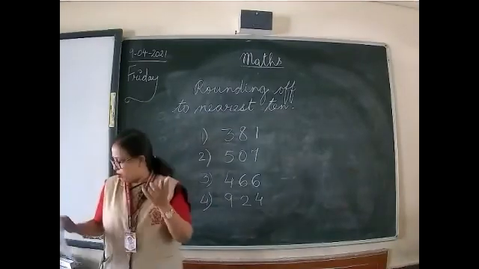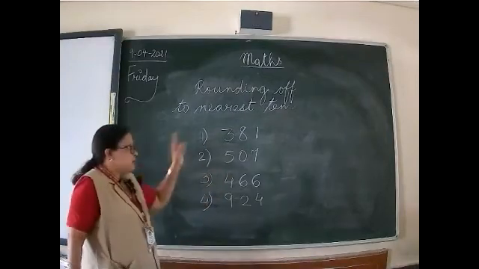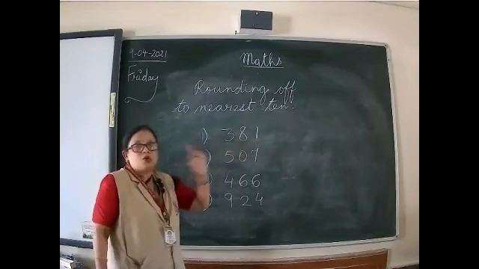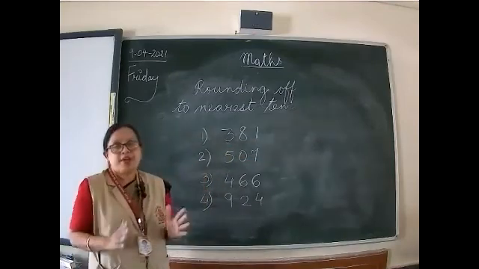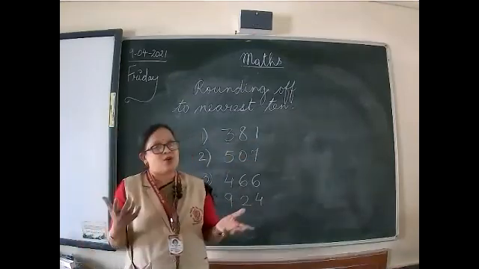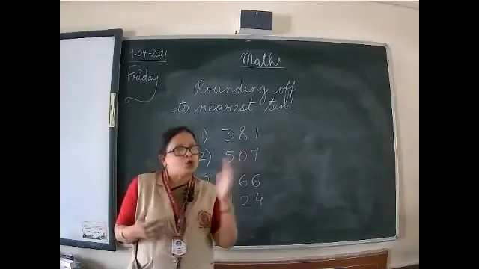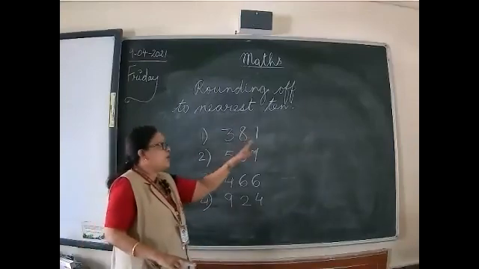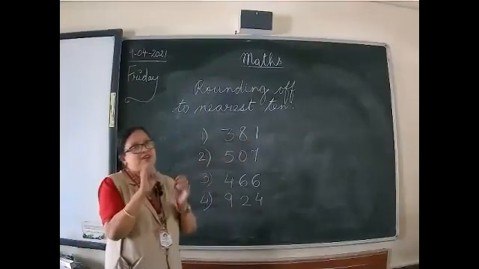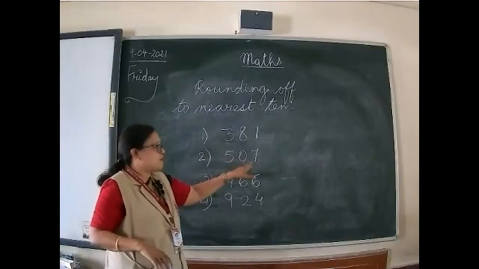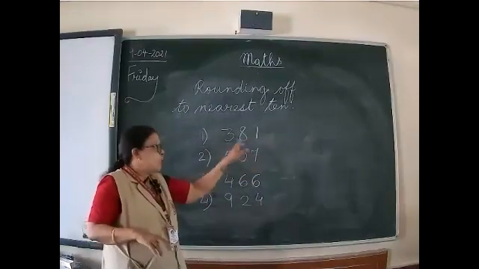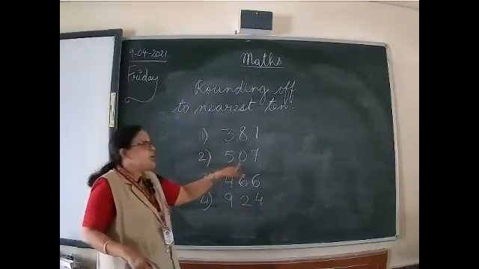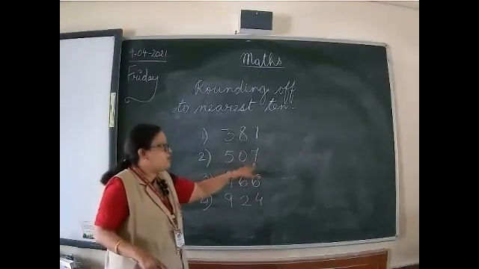One quick revision I'll do on how to round off. Nearest 10 you have to round off. So you will see the ones place. So I made two groups for your better understanding, weak group and power group. Weak group means 0 to 4 and power group means 5 to 9. So accordingly, weak group will just go away and leave 0 there. And if it is from the power group, because it has acquired energy, it will give 1 to the tens place and it will go away.